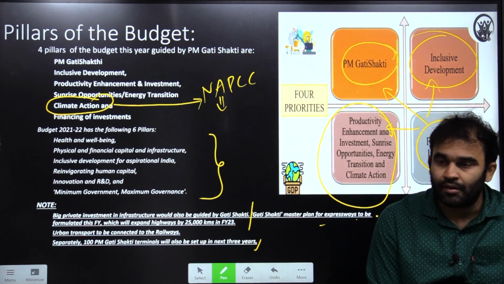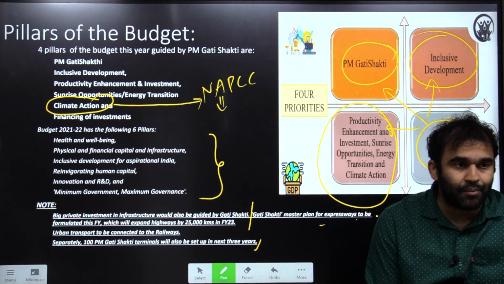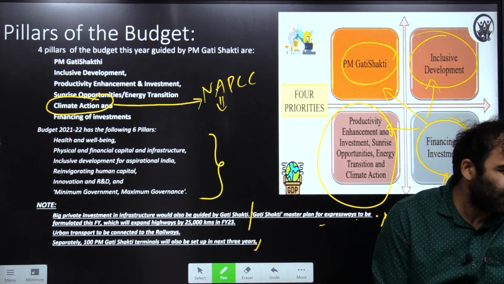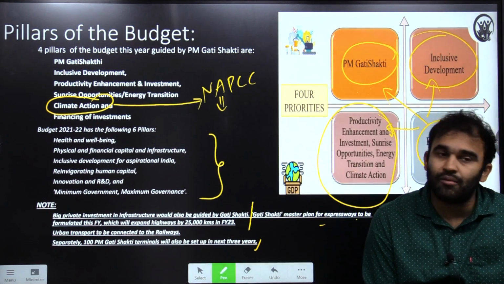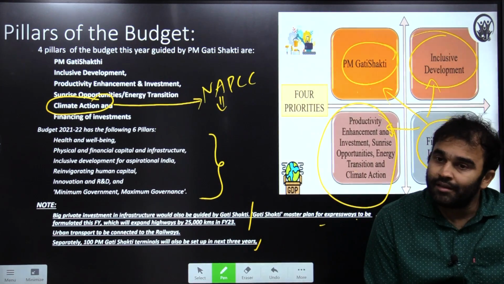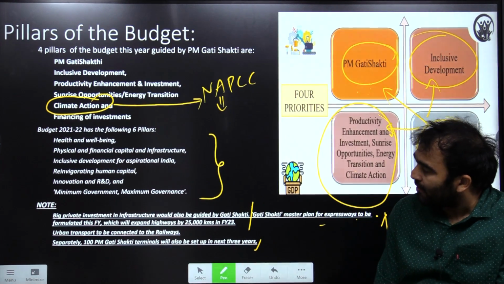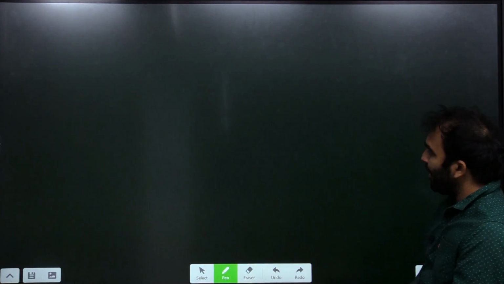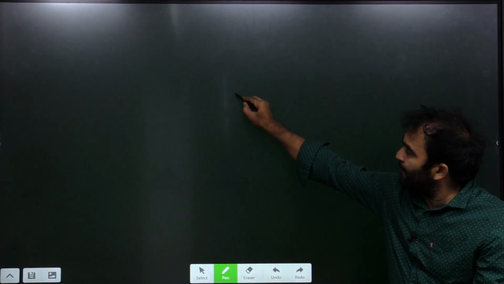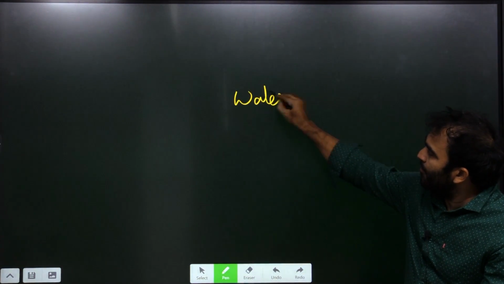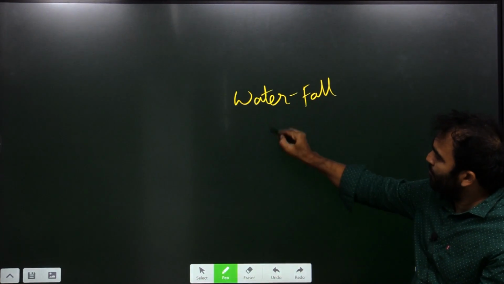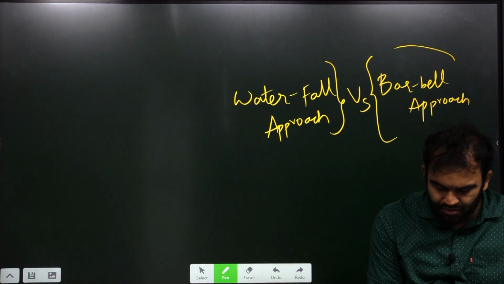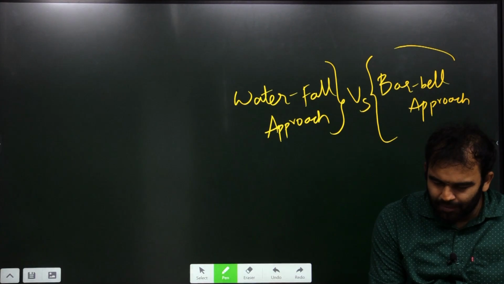that are important is the terms. The economic survey brings into the normal discussion new types of economic terms. In the normal course we don't read that much. They are also not important, but when the economic survey or the budget brings them, they become important. One such new term that the survey has brought up is, there are 2 terms in fact. So, terminology based questions: barbell approach and waterfall method.